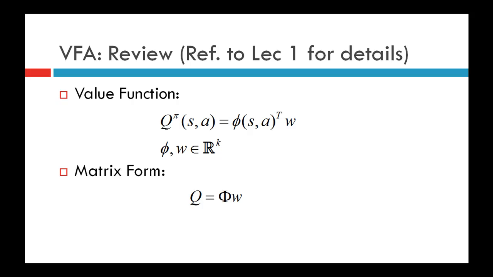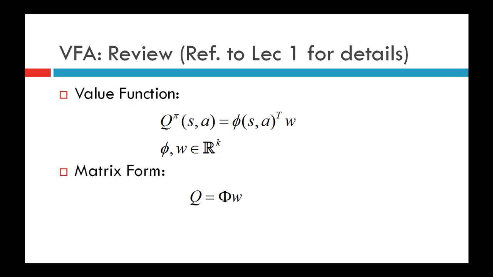Therefore we need an approximation method to approximate the state action value function, and we use linear function approximation, where the state action value function for a given state action pair (S, A) is given as phi of S comma A transpose W, where phi is a mapping from a state action pair to a vector in R^k. So phi and W are column vectors of length k, where phi is a basis function which maps the state action pair to a vector in R^k,